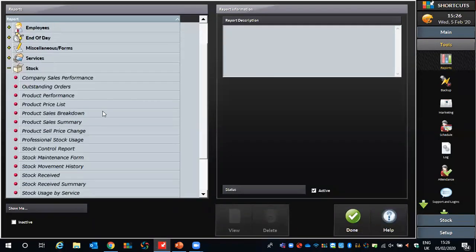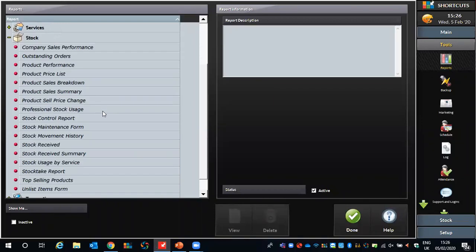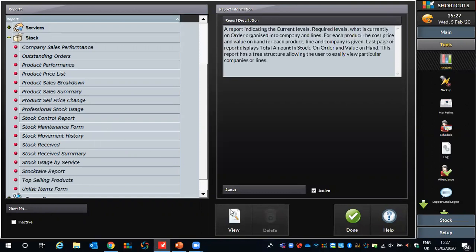One of our last ones, we will have a look at our stock control report. If we have a look at our stock control report, this will show us how much money we have on the current value of our products on our shelves at any one time. So if we click onto stock control report, and if we click the view button,